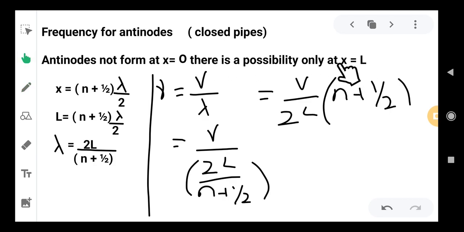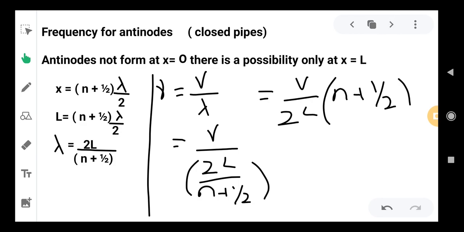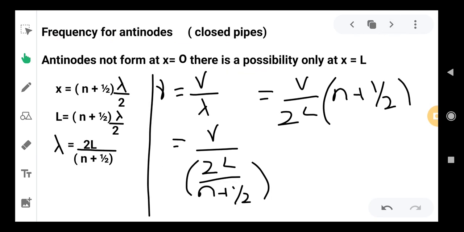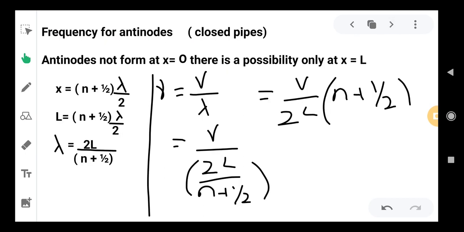End point means x will be equivalent to L. If I substitute x equals L here, there is no pi term arising here. There is only lambda here in terms of the wavelength we are calculating. If I substitute the x value here,